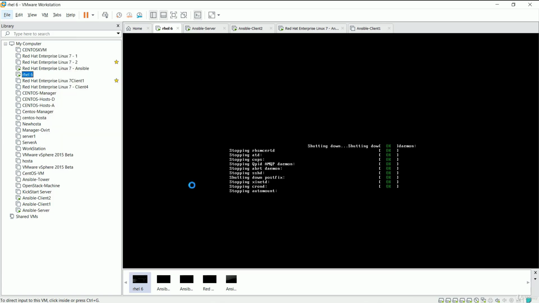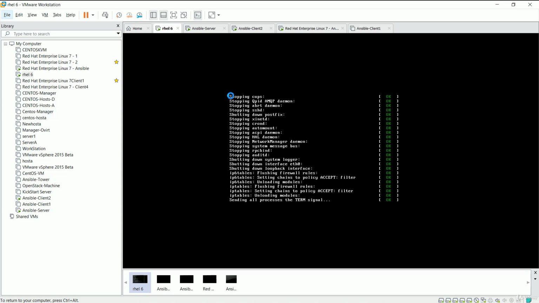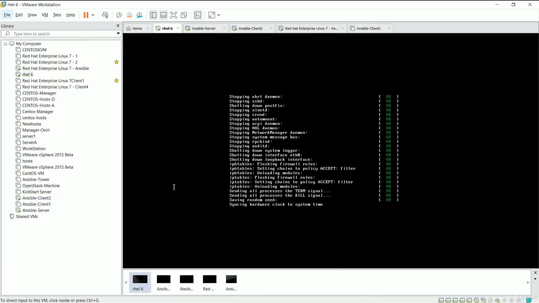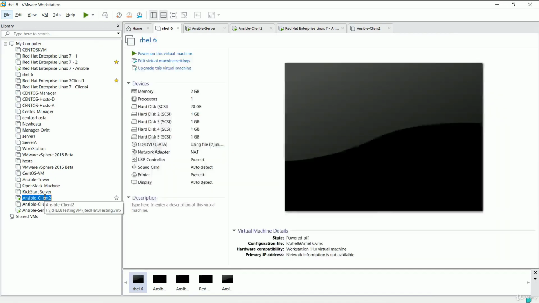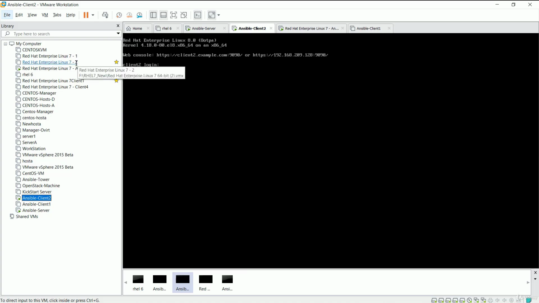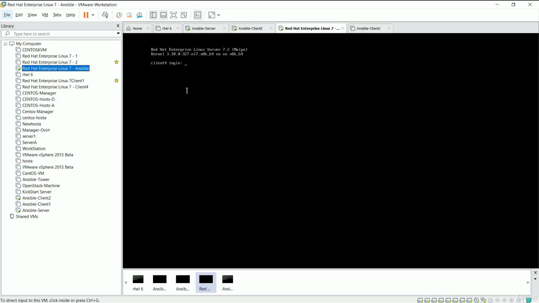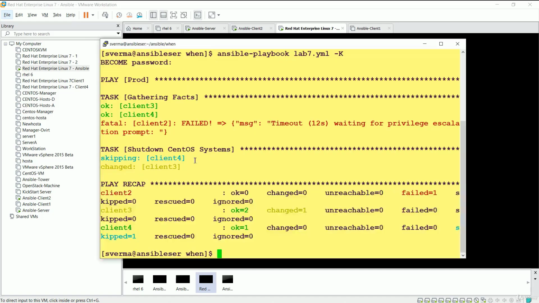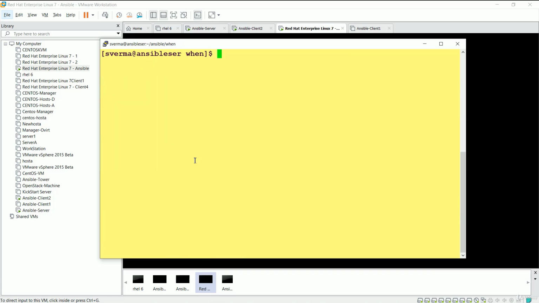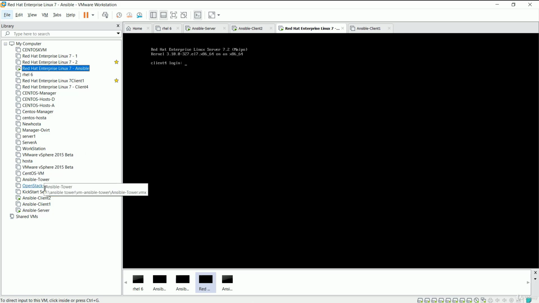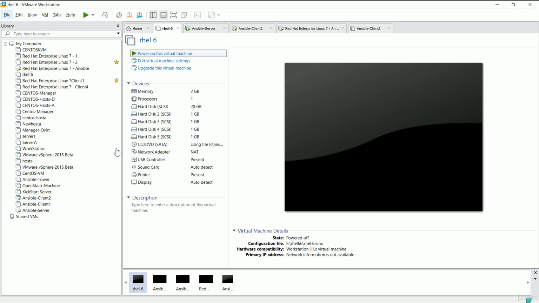Now you can see that it has started power off of this system, client 3. Okay, and the other systems, client 2 is still up and client 4 is still up. So the condition was it should be Red Hat as well as it should be RHEL 6. Okay, so the system is down now. Let me make it up manually. Okay,